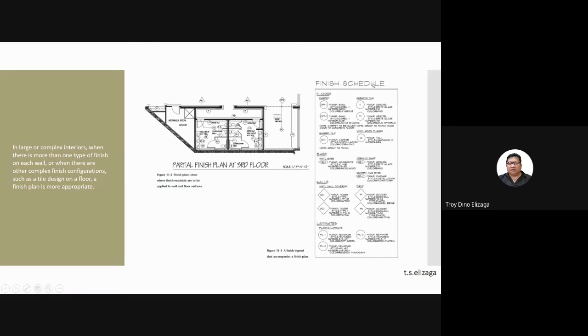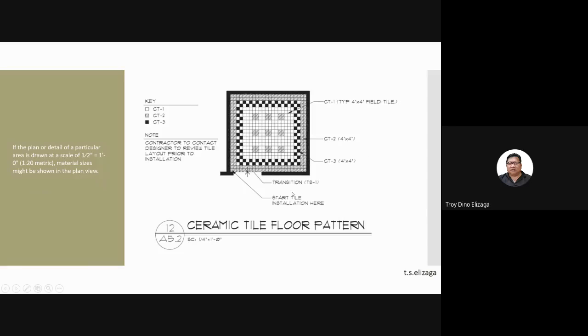And so you also have a legend here, a finish schedule, what they mean. So this is another way. But if your plan is detailed enough, say you're using 1 to 20 meters, you can even draw the materials and also the size, no? Especially when it comes to floor finish in terms of tiles. So you can have your own pattern of the tiles. So you have a tile symbol here.